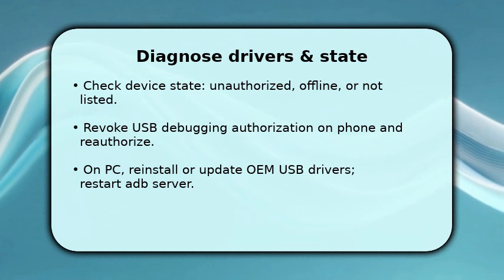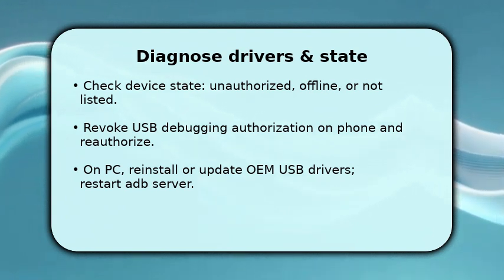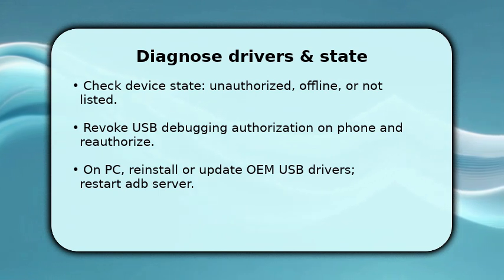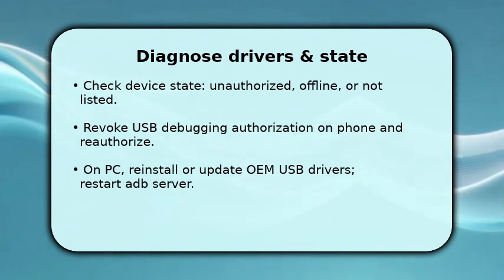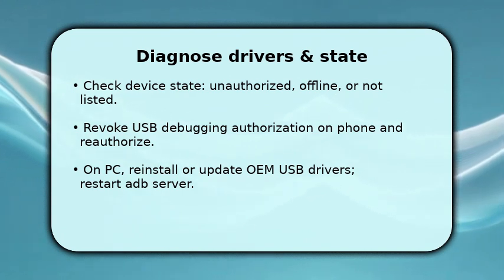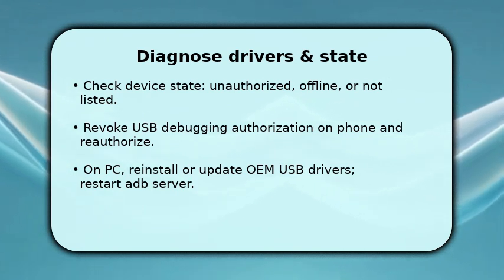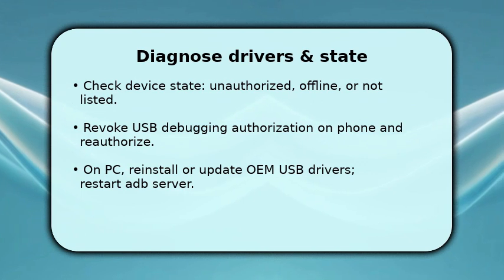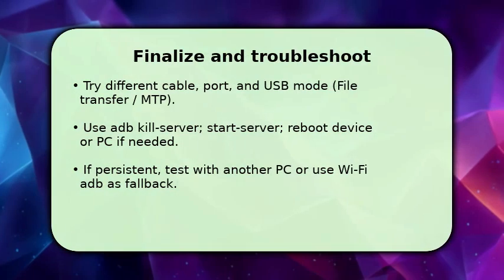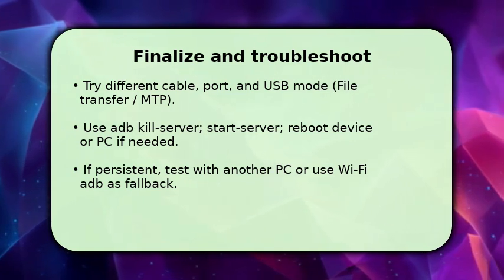First, revoke USB debugging authorizations on the device and reauthorize when prompted, because that often resolves unauthorized errors. Then on the computer, update or reinstall the OEM USB driver. Once applied, run adb kill-server and adb start-server to refresh the connection and rerun adb devices to confirm. You finish by switching USB mode to file transfer and trying a different cable or port, since